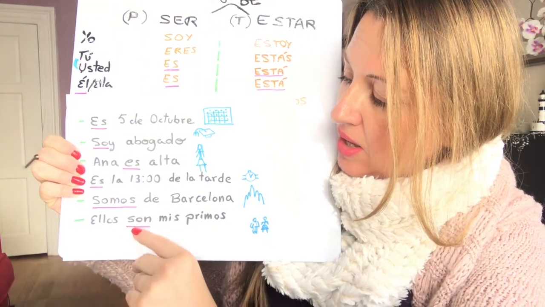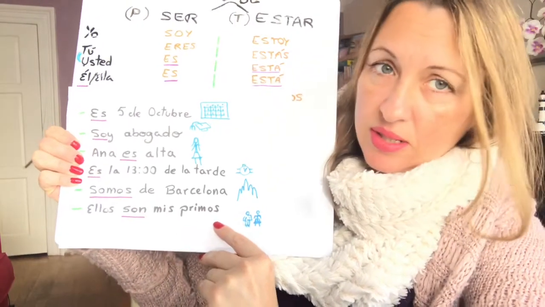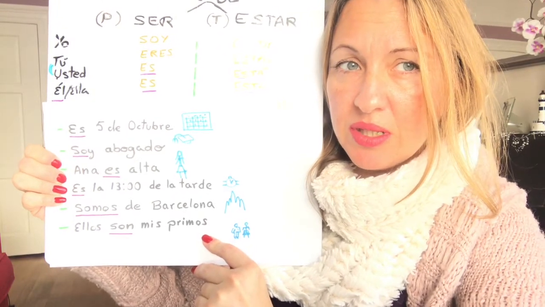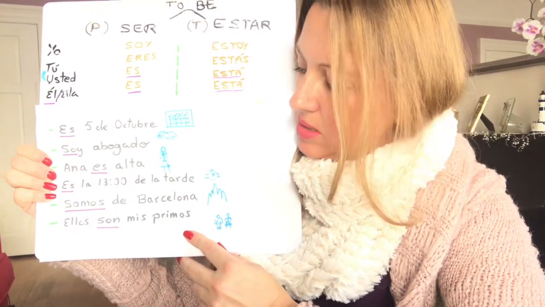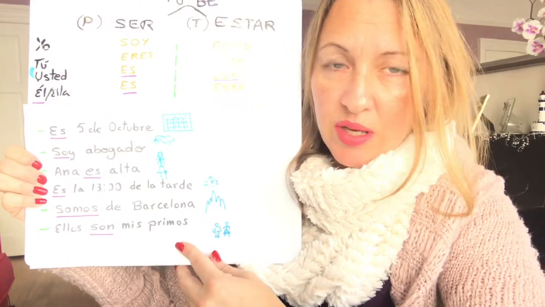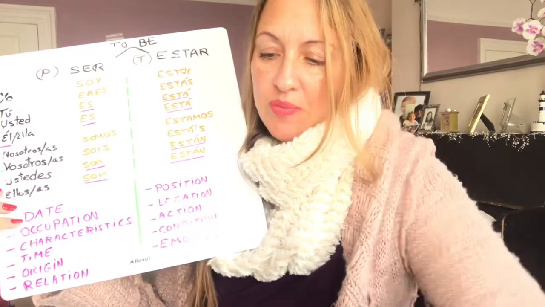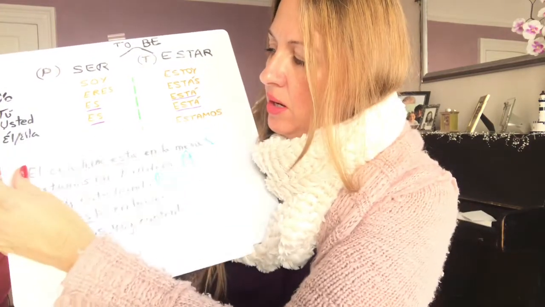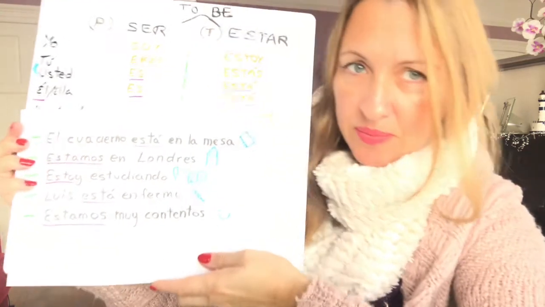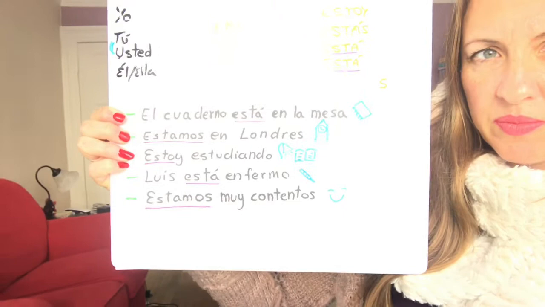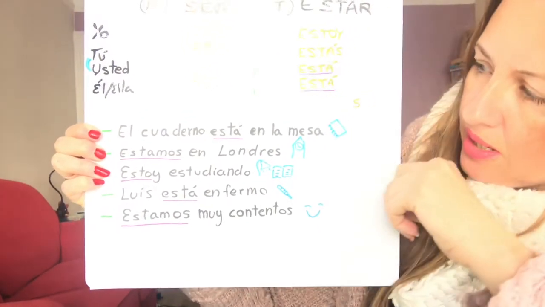And then they are my cousins. They are my cousins. That's the relation. Okay, and this is something that doesn't change. At least, in this situation, it doesn't change. So that's verb ser, which is the permanent one. And then I have written the verb estar as well. Okay, verb estar here, you've got